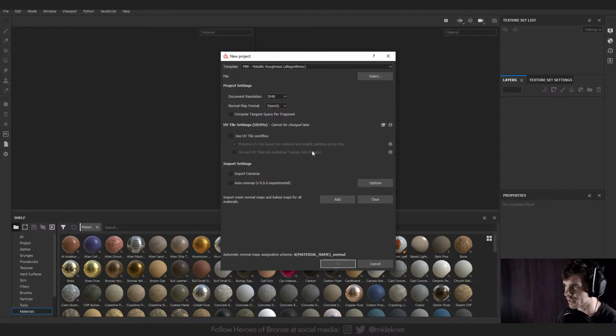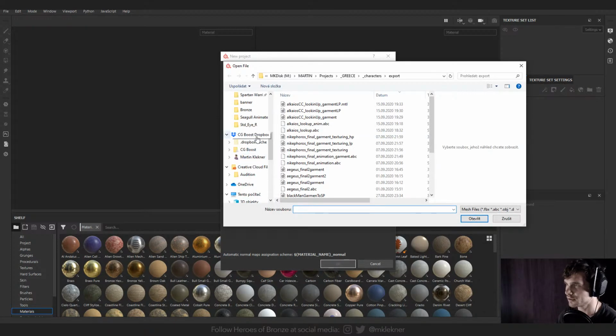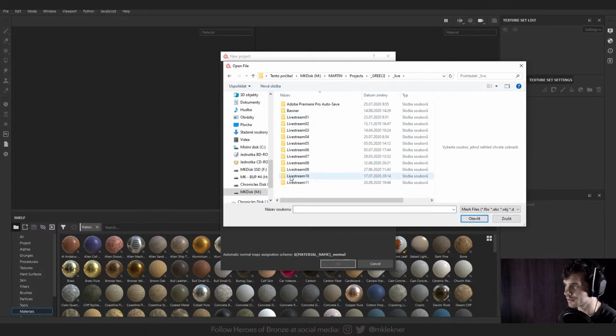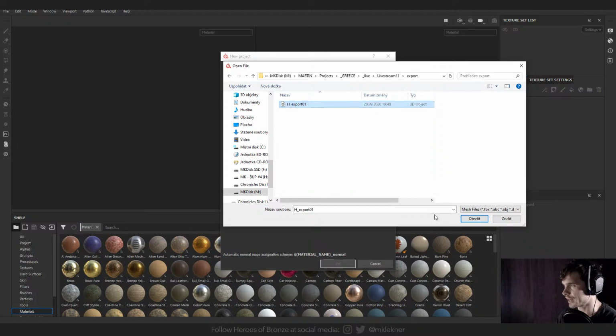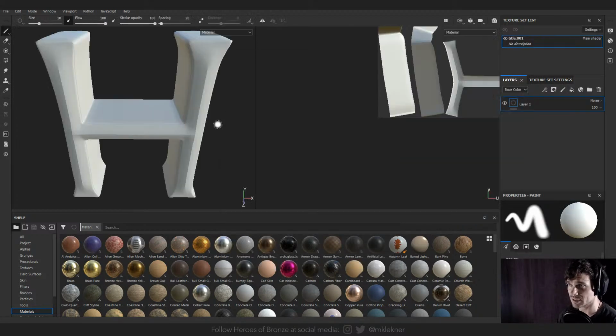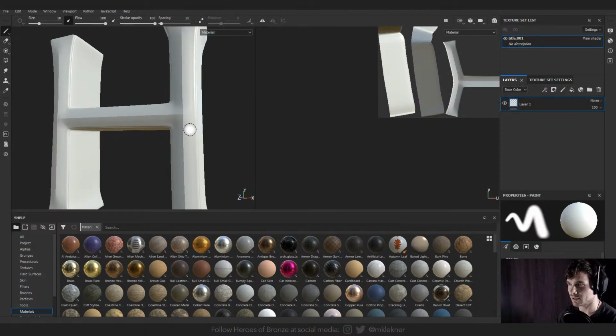Instead, we will not be checking anything. We will just load our model that we exported. So let me go to this live folder, Livestream 11 export, H export, and hopefully everything will import as intended. And here we have our